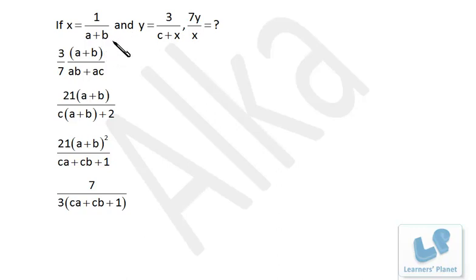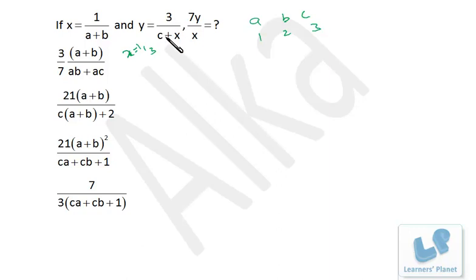But while choosing comfortable values of a, b and c, do not take identical values, because in that case some of the options are eliminated but you may still arrive at the wrong answer, right? So what I do is, for a, b, c, I take 1, 2, 3, and I'm not taking negative values, because playing with negatives is not that good an idea; rather, play with positive numbers. Okay, now a, b, c is 1, 2, 3, so x will be what? 1 upon 3, right? And y will be, I write, 1 upon 3.